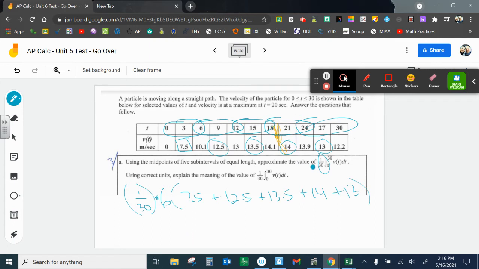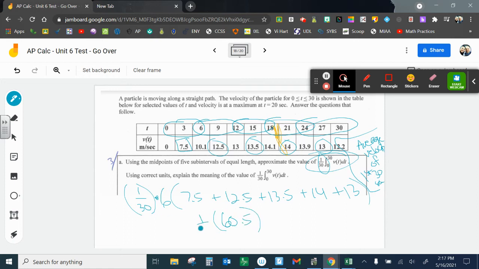Okay. So this is asking for the average velocity during the first 30 seconds. And that's one of the questions they ask. Okay. And that would probably be worth a point. Average velocity of first 30 seconds. Okay. But now let's go through and find that answer. 7.5 and 12.5 is 20. 47, 60.5